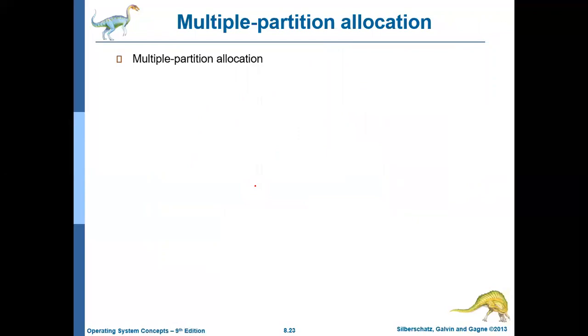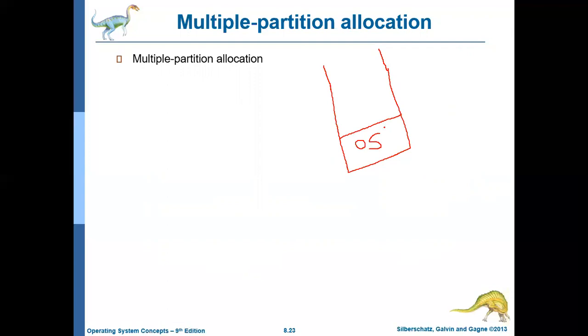Fine. So next we will be discussing an important concept called multiple partition allocation. So far we have understood that the operating system will always occupy the lower part of the memory, or lower addresses. The rest of the memory will be left for the processes. We have also discussed that the operating system size may grow and shrink depending on the transient programs, and that will be adjusted by immediately updating the respective value of the base register or relocation register.